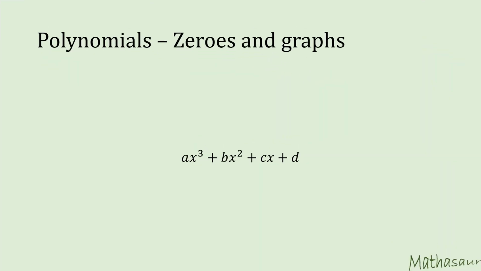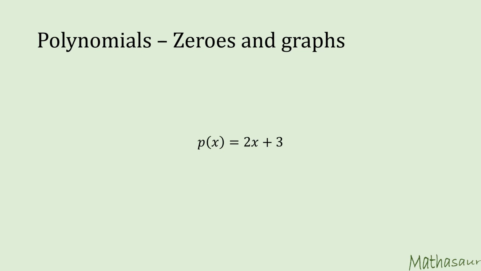Let us look at this polynomial in variable x. The highest degree of this variable is 3, hence it is a cubic polynomial. Now note that the coefficient of x cube has to be non-zero, or a has to be non-zero. Why? If a was 0, then the term with x cube would vanish and the highest degree of this polynomial would become 2. It would be a quadratic polynomial then. Hence a has to be non-zero for this polynomial to be cubic.